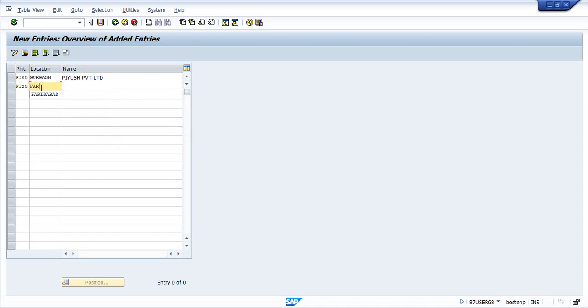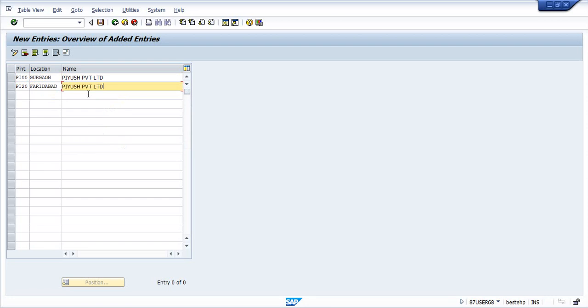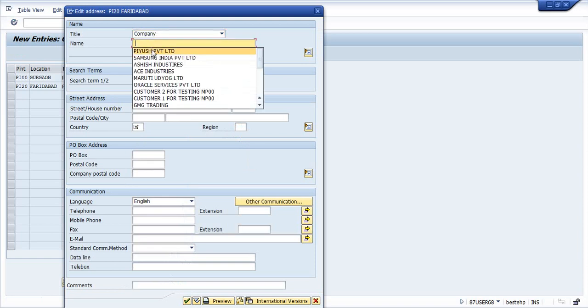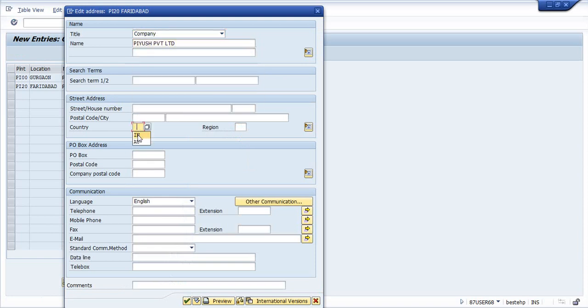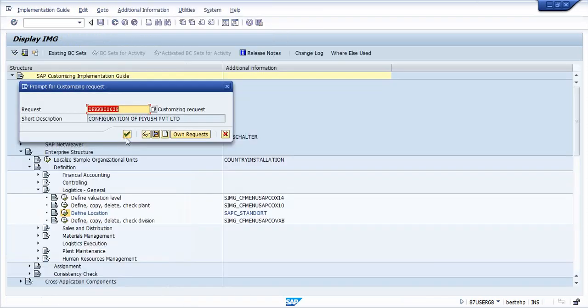This is in Faridabad. So I have input all the parameters. This is the address for plant 2. Save it.